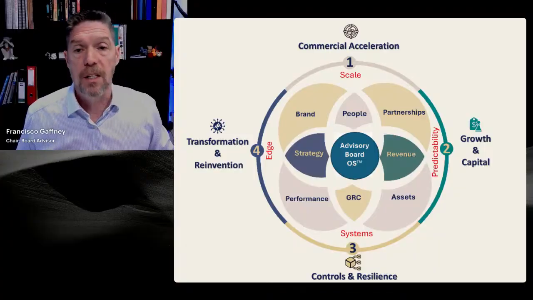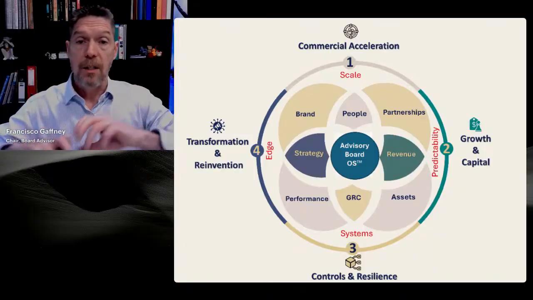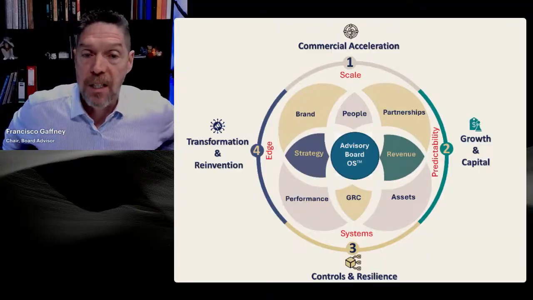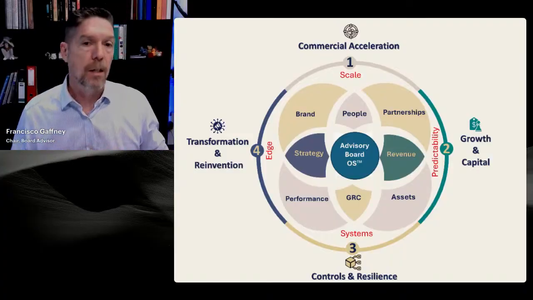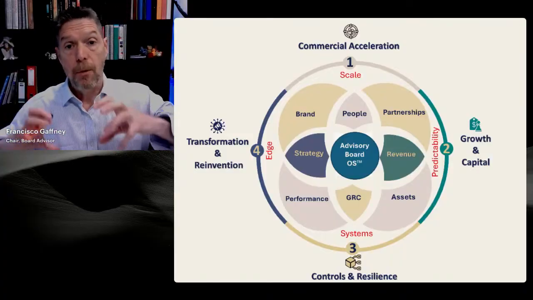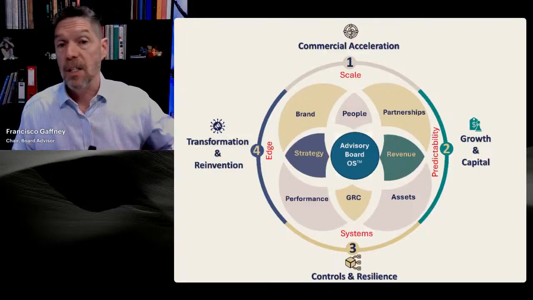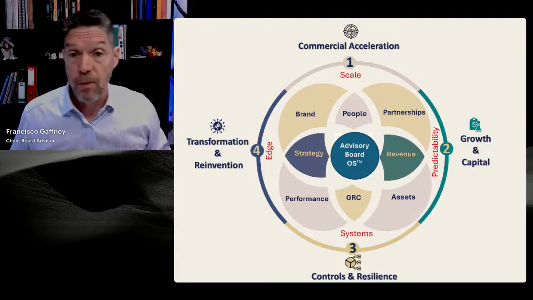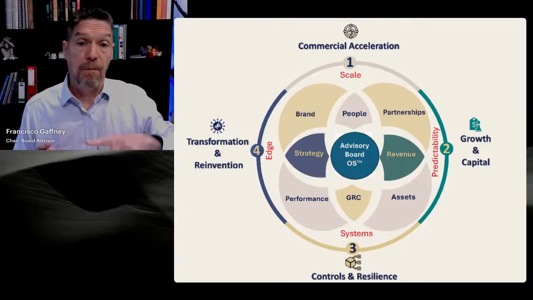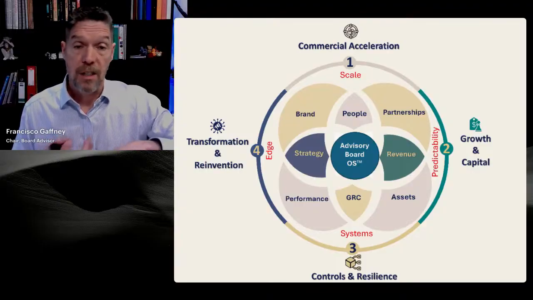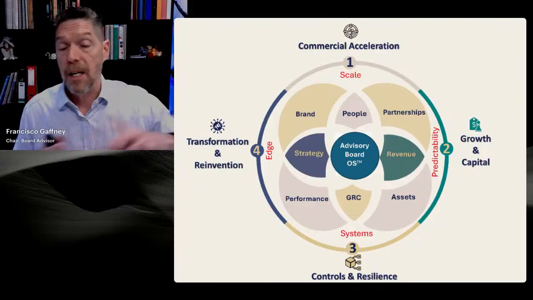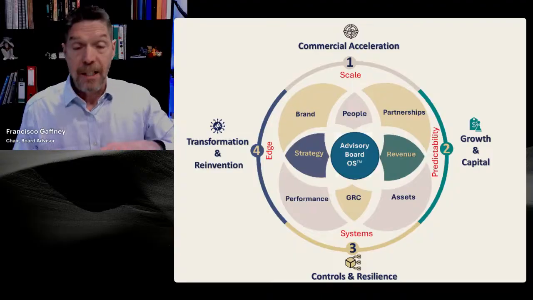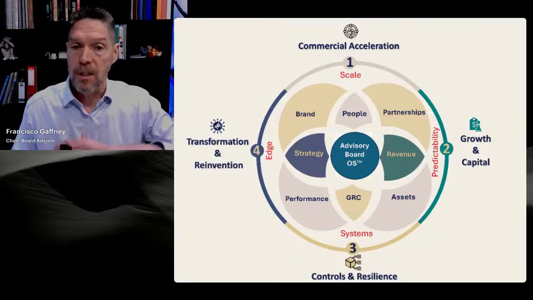The second thing I would suggest is match your board talent to the stage your business is in. So you don't need to go and hire a specialist team and make a static board. That is a mistake too. For scaling, you need the people who understand sales, marketing, partnership, leadership, and organizational design. For predictability, which is the quadrant on the right, you need finance experts, pricing, capital, fundraisers. Actually, they've done this before, asset quality and margin discipline, right? In the quadrant of the base, which is a system, you need people that understand risk, audit, governance, processes, cybersecurity,